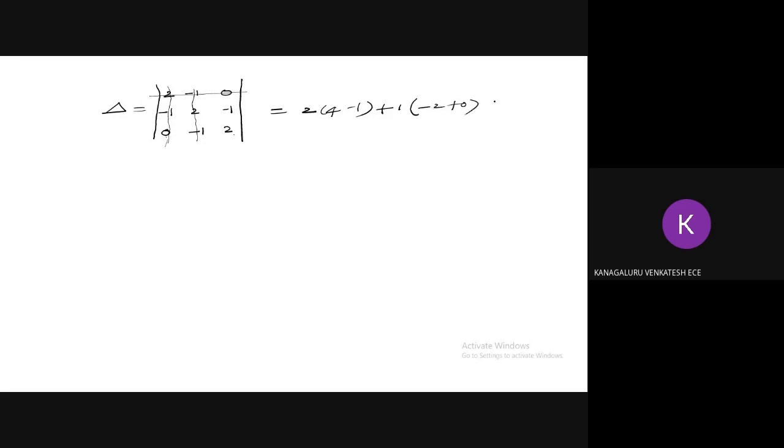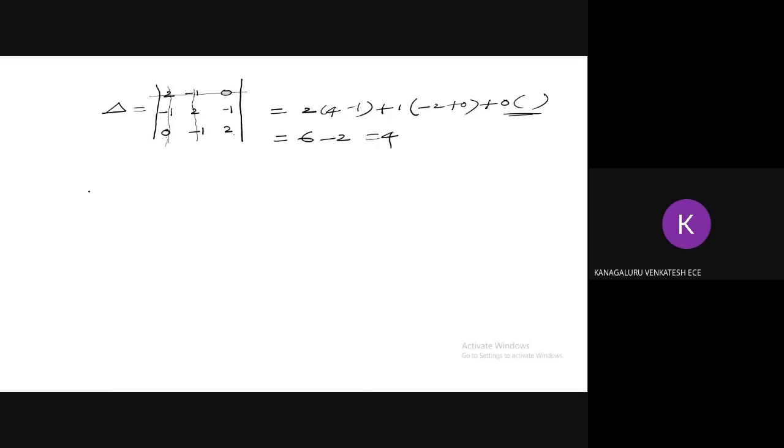And third one, already anyhow here 0 is there. This 0, let it be any value. Or if you want the value also you can write. It is minus 2 plus 0. So 0 multiplied by any value is going to be 0. We don't need to bother about it. Answer is determinant is 4, sir? We'll see. So 2 into 4 minus 1, it is going to be 6 because 3 2s are 6, and then minus 2 to get 4.